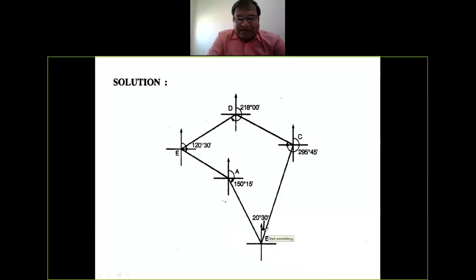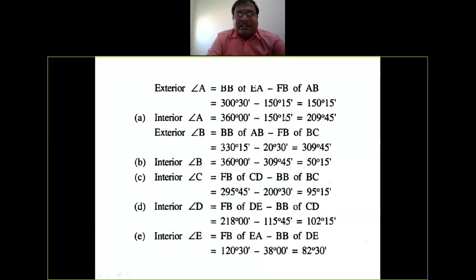और इंटीरियर एंगल पाने के लिए हमको क्या करना है, 360 में से आप ये बाहर का एंगल घटा दो तो आपको अंदर का एंगल मिल जाएगा। ओके, सो वेरी सिंपल। तो दिस इज द मीनिंग ऑफ एक्सटीरियर इंटीरियर। तो देखो 360 माइनस 309 डिग्री 45 मिनट, योर आंसर इज 50 डिग्री 50 मिनट। यू कैन गेट योर इंटीरियर।